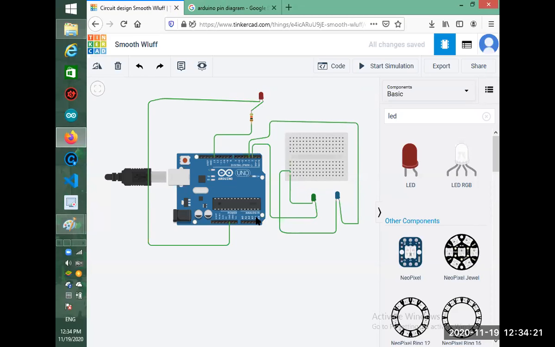So now this red one also requires this red LED, and I will connect this LED's cathode also to the negative terminal. Let me make it quite clear.